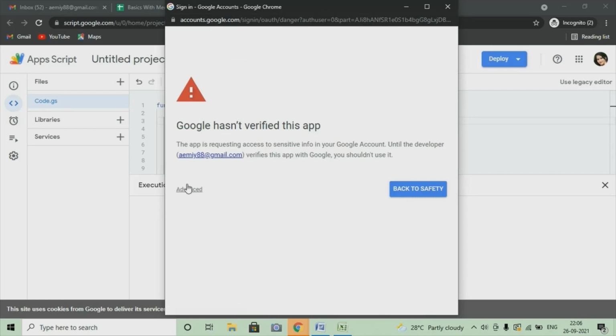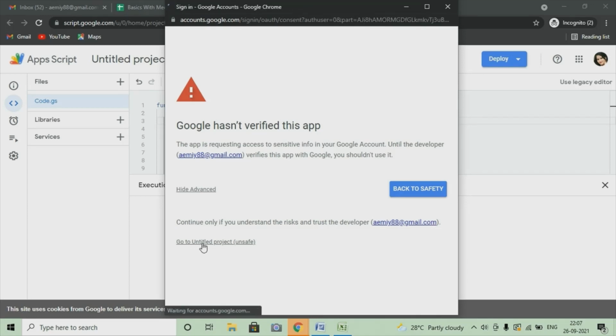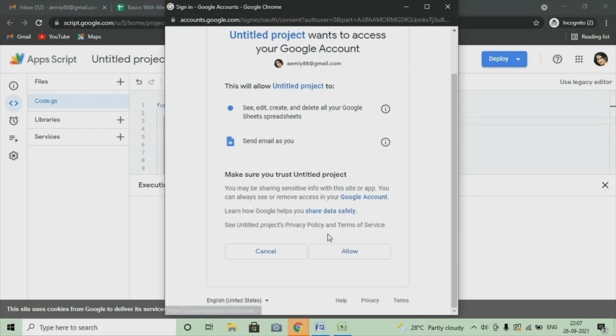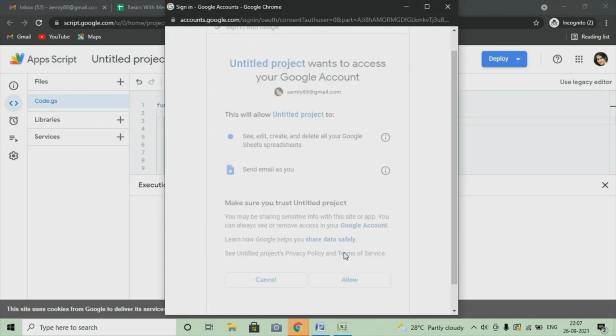We have to click on advanced because it is fetching the data, that is why it is asking for verification. Now go to this option, go to untitled project. Just click on allow. It's completely safe because you are using your own Gmail data. So simply it is fetching the data, that is why it is asking for the verification. So we will click on allow.